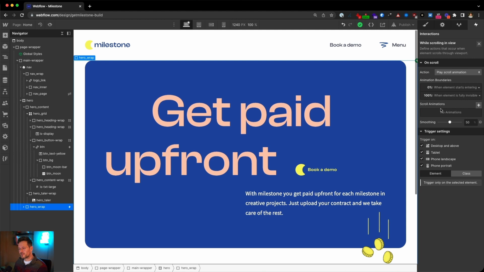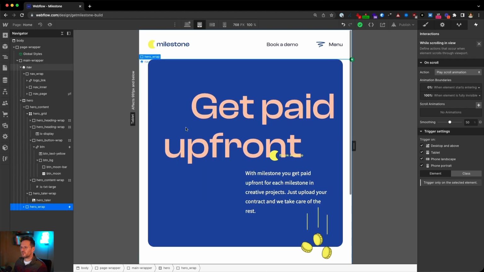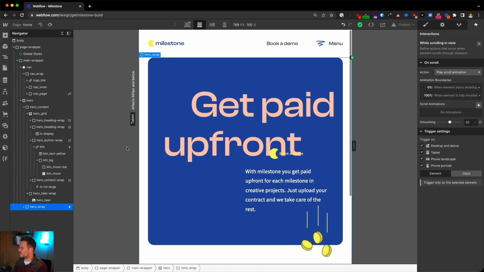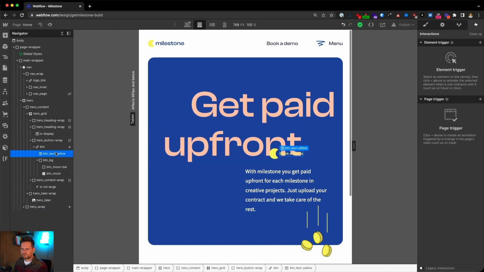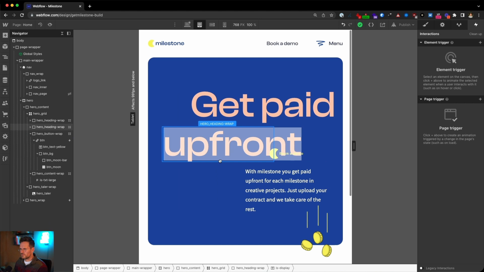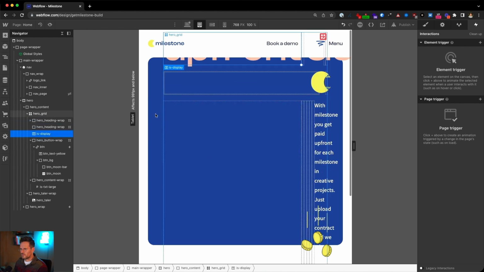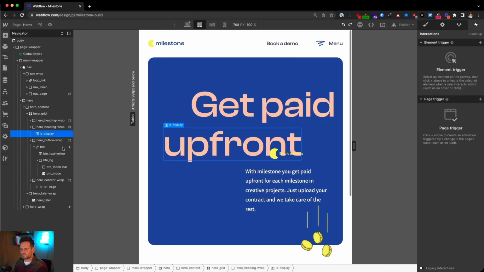So next step is that we are going to make this hero content responsive. So let's see how it looks on tablet view. You can see we run into a little bit of trouble here, so we need to replace the button. Let's choose the button wrap, and now let's move it. Okay, oops, I can't move it like that.